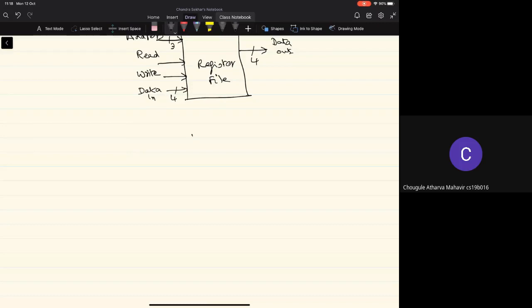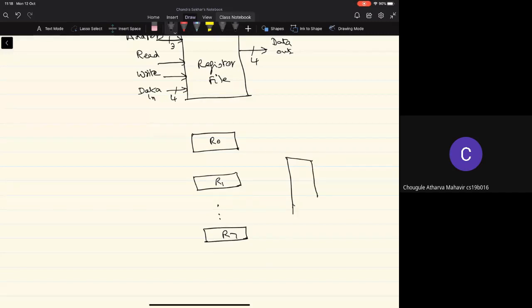So let's just write a brief block diagram here. So this is R0, R1, so on, R7. If I want to perform a read operation, we can use a mux. What will be the specification of this mux?